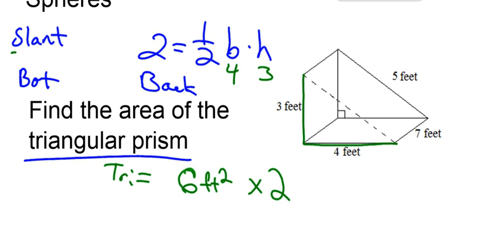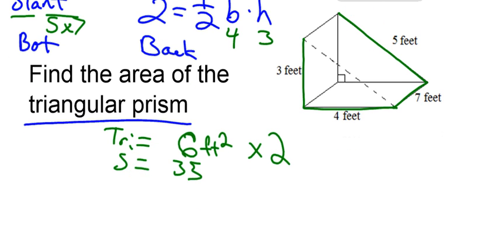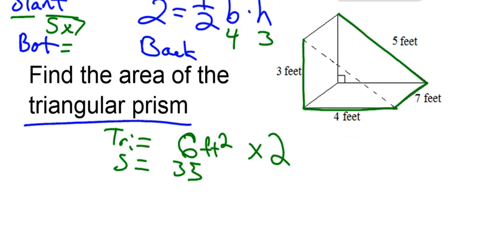Alright, next let's take the slant. We see that we have 5 going this way and 7 going this way to make a rectangle. So 5 times 7, of course, for the slant is 35 feet squared. Now let's take the bottom or the base. If we look at the base, we can say we have 4 feet by 7 feet. 4 by 7 gives us